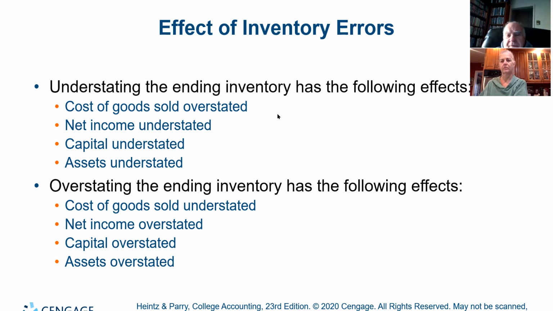If you understate the ending inventory, this will be a little bit important as we go along today. If you understate the inventory count, in other words, you forget to count something, you forgot to count that $10,000 box of goods in the corner there. You didn't see them, okay? By failing to count that, you have understated your net income. Understating an asset will understate your net income. We just have to kind of understand that. If you overstate an asset, it has the opposite effect.